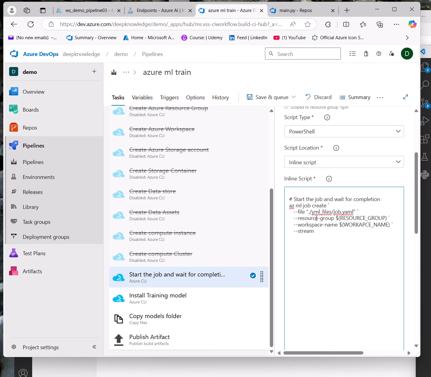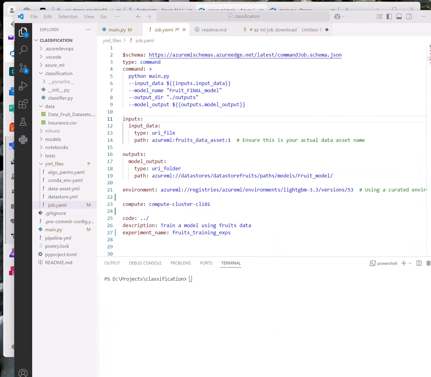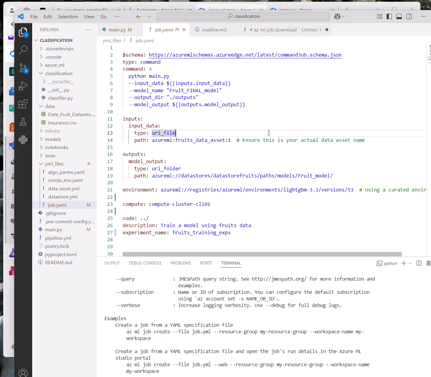Now if you go to the job YAML, let me copy this and show you. Maybe before going to this website: if you would like to run code on any PC or any environment, what would you like to have?